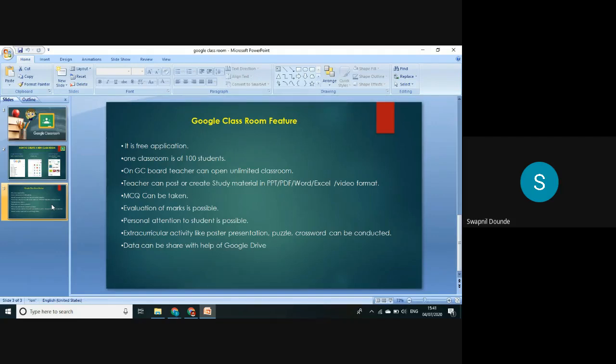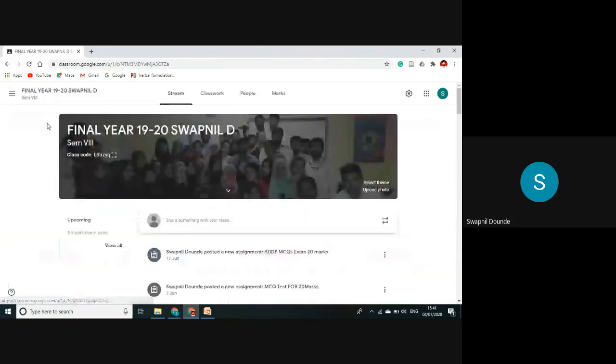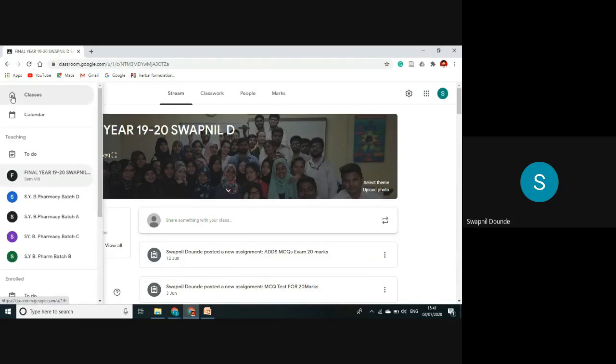Now I am sharing my Google Classroom with you. Here you can see my last year's academic Google Classroom dashboard. The dashboard can be arranged in a class-wise or batch-wise form. This is one of my final year classrooms. Here we can see two shortcut keys provided by Google Classroom, one for Google Drive and the second for the edit option. After opening a class, we can see a number of options given by Google Classroom. On the extreme left, we can see this tab where we can select a class.